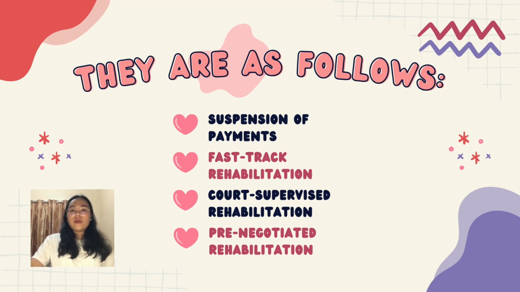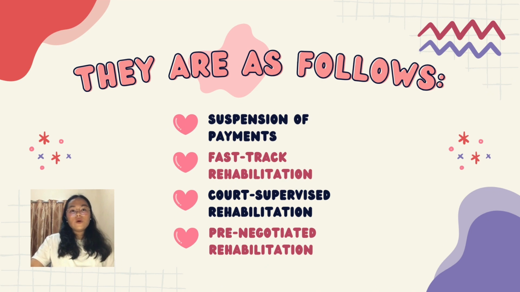The court-supervised rehabilitation, on the other hand, is the counterpart of the rehabilitation proceedings under the present regime. The remedy contemplates the formulation of a plan under the supervision of the court. Thus, the legislation establishes minimum standards for the plan to maintain transparency and fairness. Here, the creditors vote on the plan based on specific classes of creditors. And if a vote of the majority is obtained, that is the time that the court shall approve the rehabilitation plan.